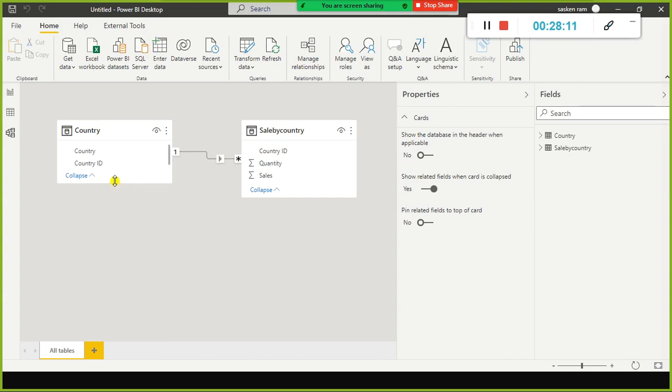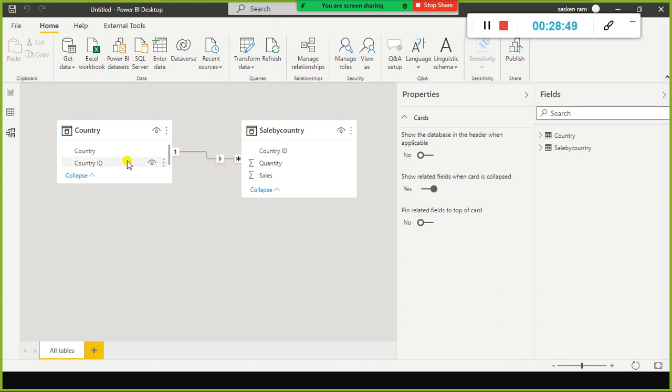You just think master table, which means in this table for each country only one record will be there. Whereas here for each country multiple records will be there. You will be selling your products in multiple countries. So the transaction level data is available in this one, but this is a master table. Master table will have a single record for each country. Please remember this. That is the reason why we call this a one-side table. Look here, it automatically detects the relationship and creates it.